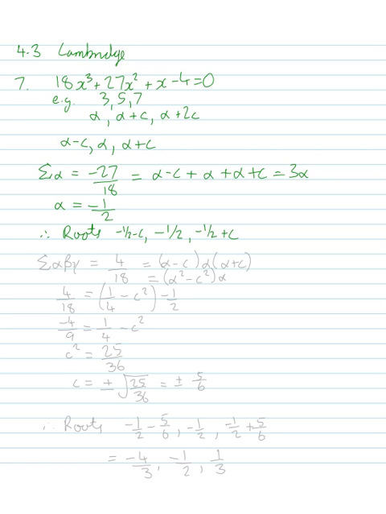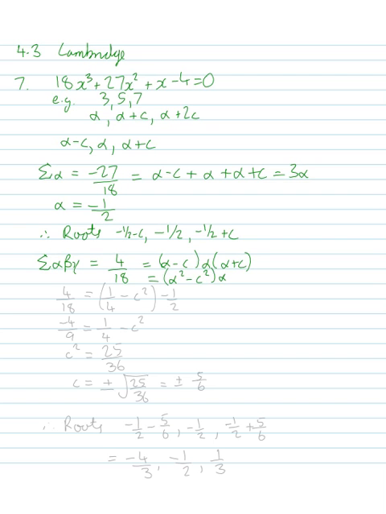So in order to do something else with that, we probably need to do the sum of the roots 3 at a time, or in other words, a product. So that can be represented as sum alpha beta gamma, which is 3 at a time, and that's equal to minus d on a, which is 4 on 18, and that is equal to alpha minus c, alpha, alpha plus c, and that's the difference between two squares,